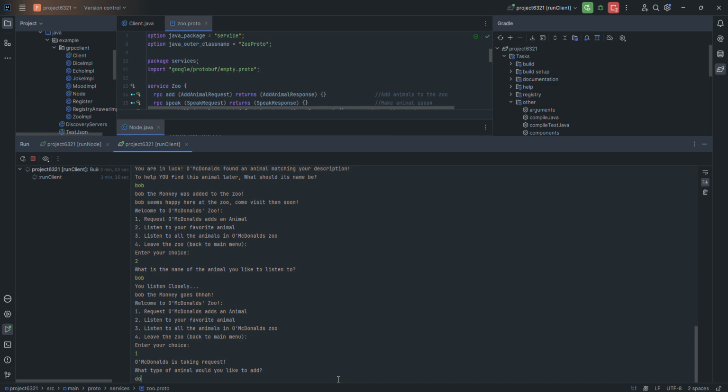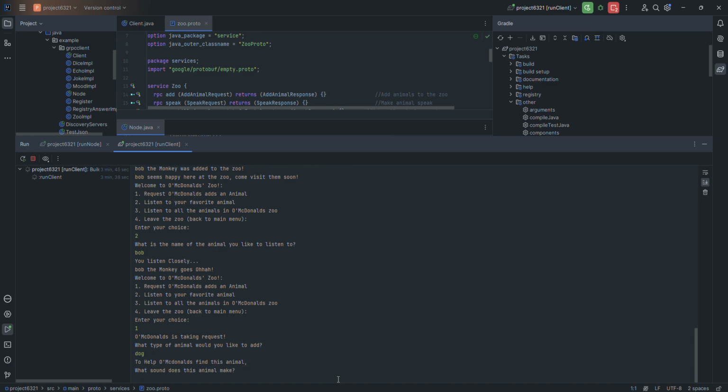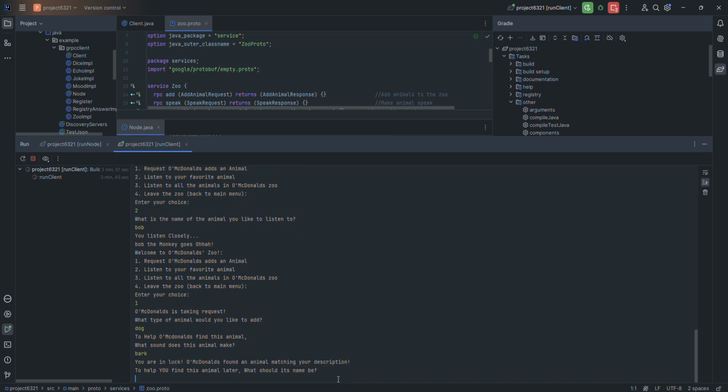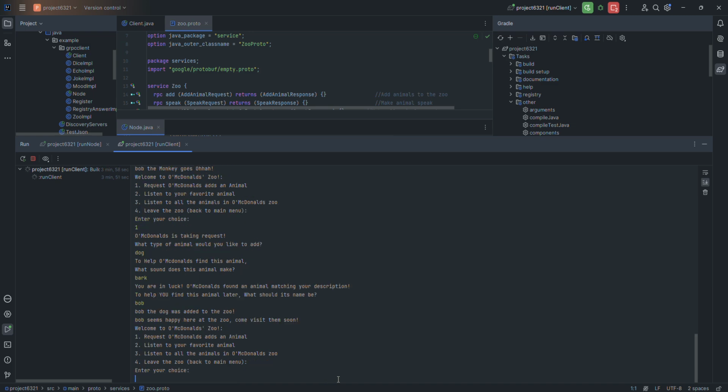So let's say a dog. Let's see, McDonald's, what sound does this make? Bark. And you're in luck. We found one. To help you find this animal later, what should we name it? Let's also name it Bob. Okay, so let's request to listen to